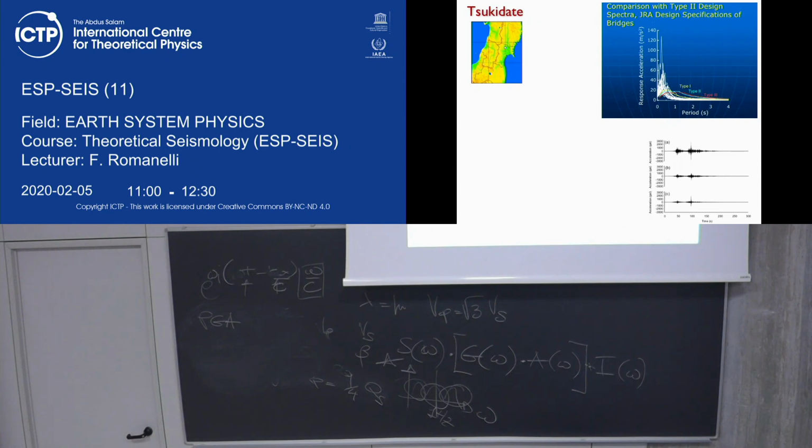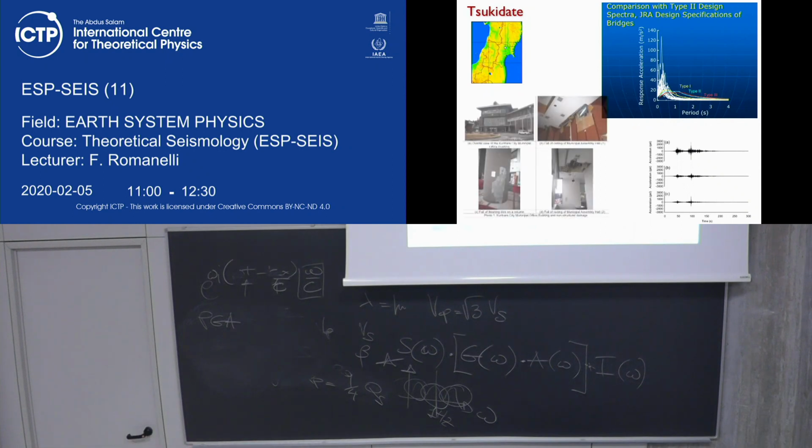We need a translator first, not from Japanese, but from this picture. But give a look to this. That's a 3G. So you could say, oh, well, Japan has been tragically affected by this earthquake, but not in Tsukidate. Because what occurred in Tsukidate was this, this, and this. Okay? So some damage, but nothing compared to what occurred in other places with a smaller PGA.